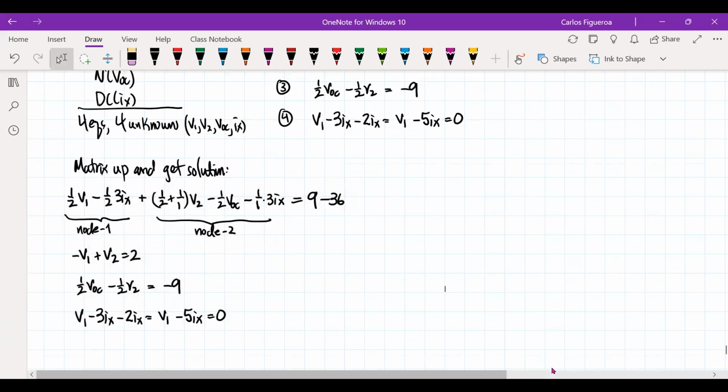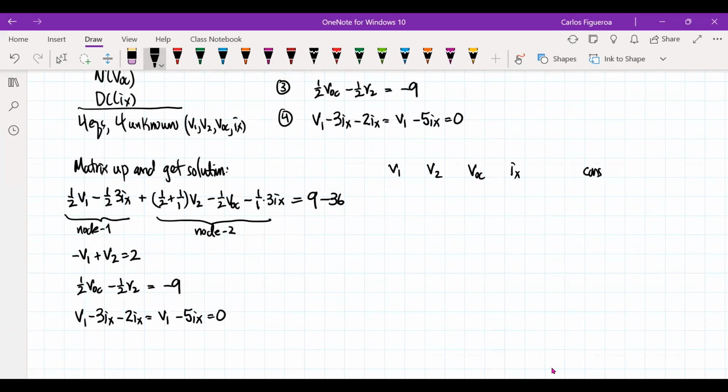But now I'm going to choose, I have 4. So I got V1, V2, VOC, IX, and then I'm going to have my constants. So I'm going to go after V1. So here I go. So V1, here's V1, here's V1, and here's V1. So then I'm going to come in and I'm going to write